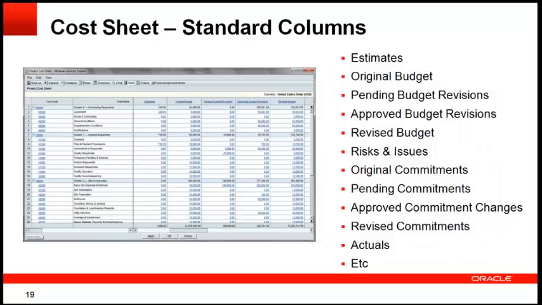The standard columns in the cost worksheet, you'll notice every one of these looks like a link, and that's because all you need to do is click and you can drill down into the supporting information within these various cost codes. I like the hierarchical capability. My cost codes can be flat or they can have a hierarchy. So there's some functionality here that I can see being pretty useful on a lot of projects that we've worked with in the past, and I'm sure we'll encounter the same needs going forward.